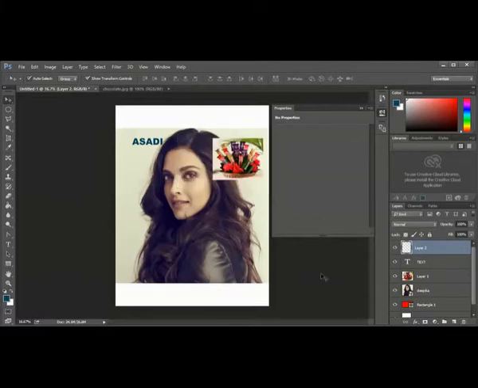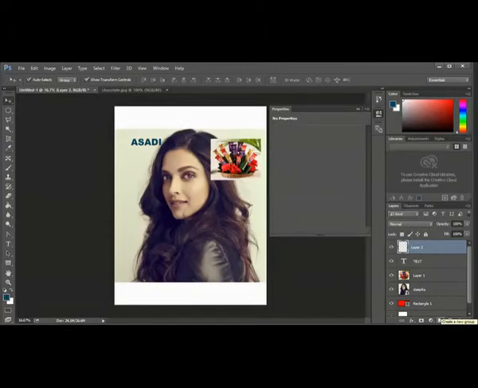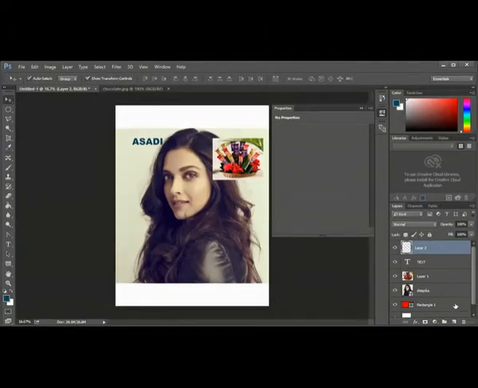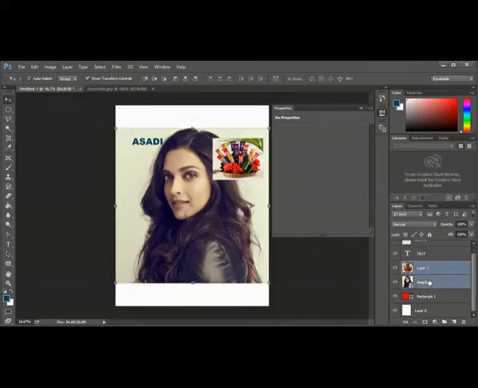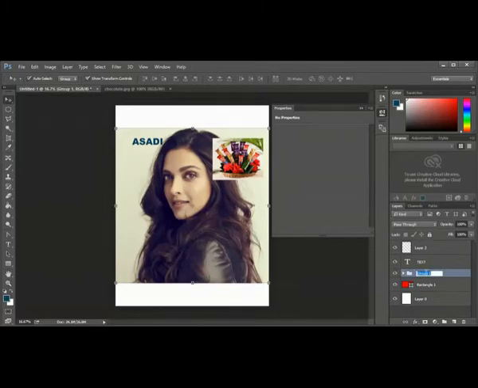Let it be there. Now the next one is to create a group. Sometimes in your drawing you will have a lot of layers, so you can create a group and keep them inside it. Suppose I want to put these two pictures together. I will select the first one, press Control, and select the other. I want these two together inside a group. I will select both and click this button. So both are inside this group now. I can double click and give a name for that group.